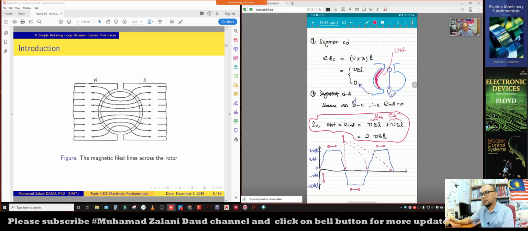So this is segment AB, and CD at the top. It starts from here, which is 0. And then under the curved pole faces, in this sort of arrangement, the total induced voltage is 2 VBL,